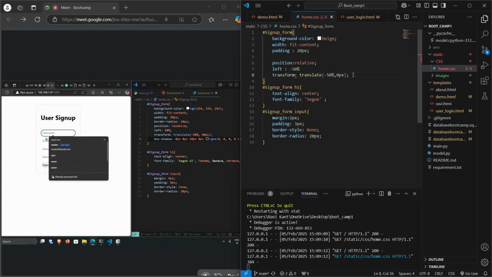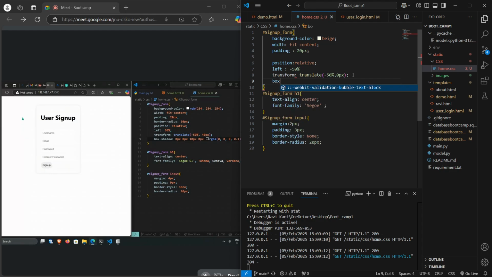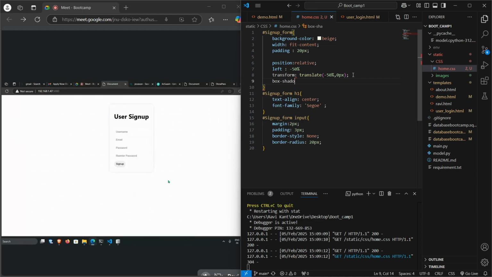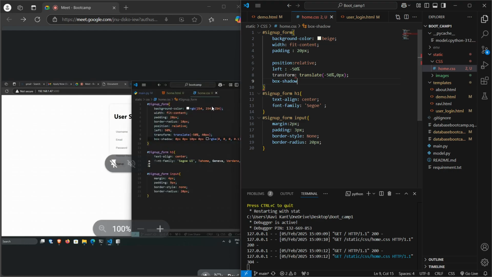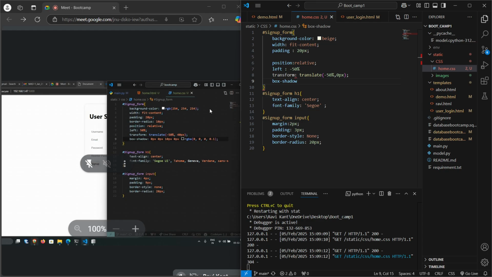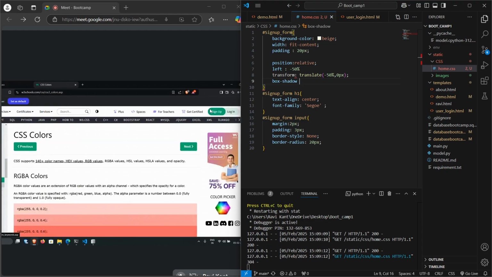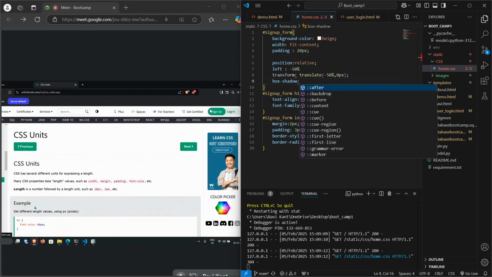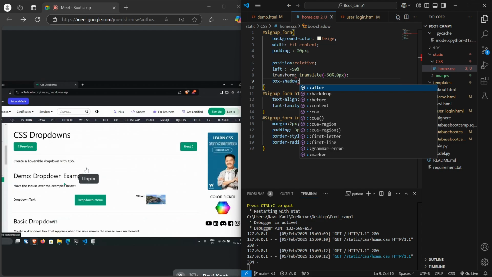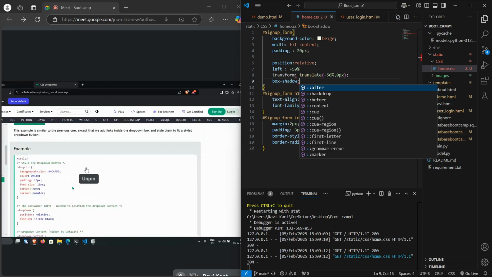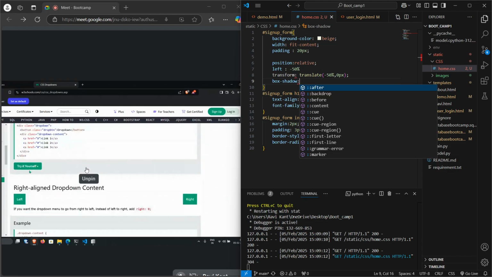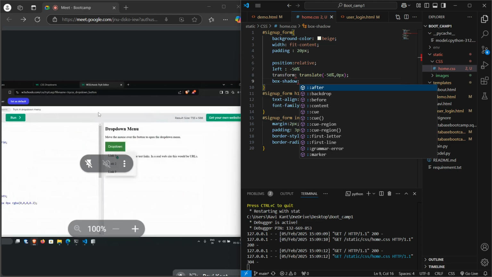You have username, password. There are multiple ways of how you can style your entire div. This is just playing around with different properties. For the properties you can go to W3Schools, see the CSS properties over here, and play around with them. See what each one of them does. Drop shadow, this is the one that I just used. By clicking on try it out, you can have